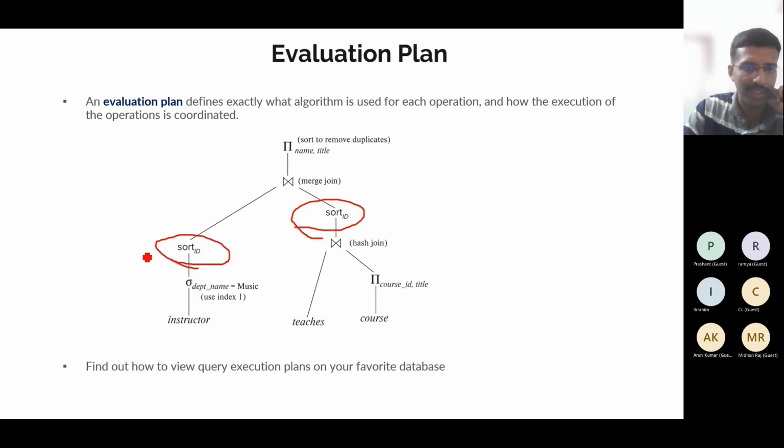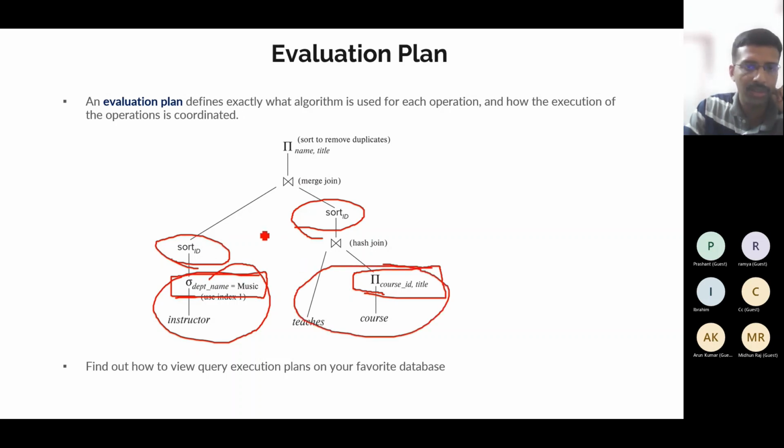First I will do a select on the instructors who are from the music department, and here I will be projecting course ID and title. Then I will be doing a join between teachers and courses. Finally, the teachers from the music department and the course tables I will be merging, and I will be projecting the name and the title.